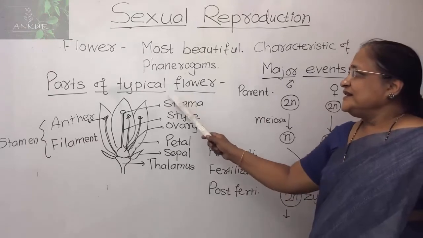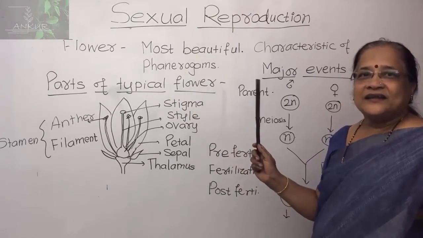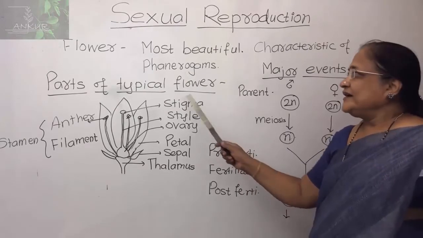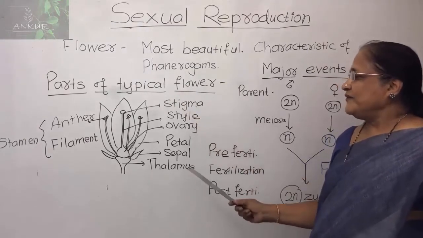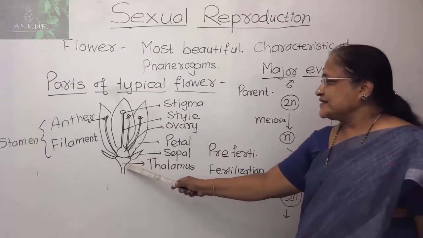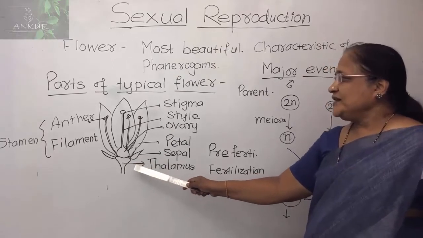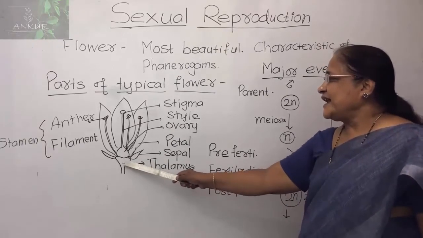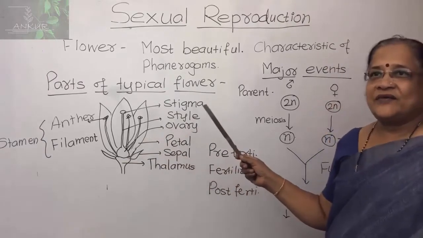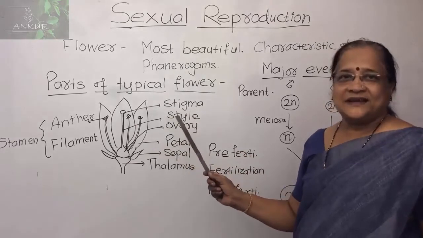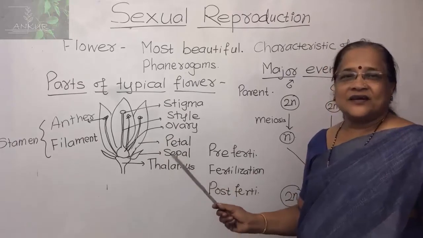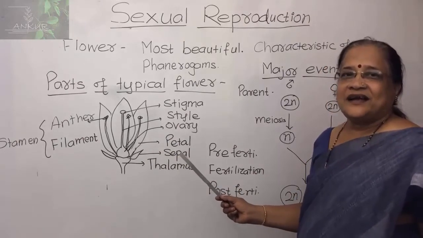These flowers are very showy and differently colored for pollination, and here we have the parts of a typical flower in this figure. We can see the structure. This is the thalamus, and all this is the pedicel. The thalamus is the structure on which the other parts of the flower are arranged in a cyclic manner. Those parts we call the calyx, corolla, androecium and gynoecium.